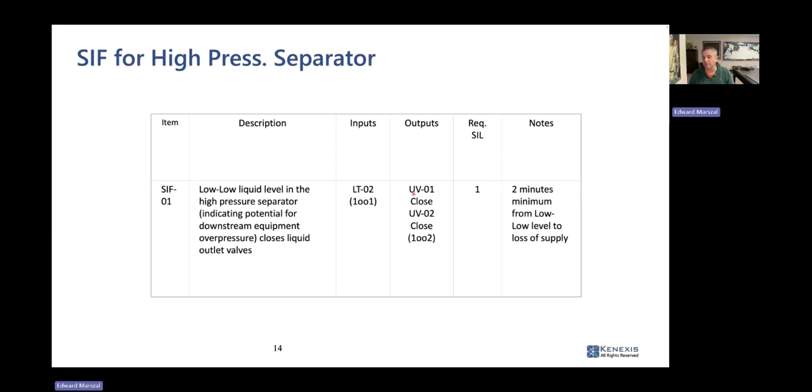To be more precise, we probably should have called this a UZV because it's part of the safety instrumented system. The same way we probably should have called this an LZT because it's part of the safety instrumented system. The SIL target coming out of the LOPA is part of the SIF definition. And then the notes is a great place to put a lot of other information like the process safety time